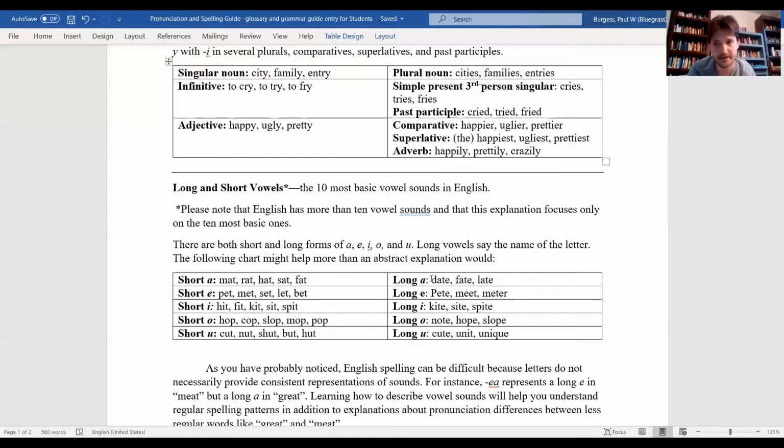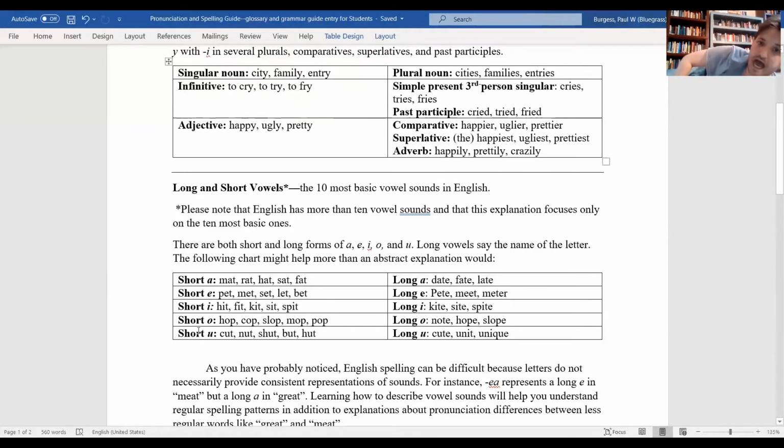That's why I made this video, part of why I made this video. The short vowels sound like this. Ah, eh, eh, oh. Okay, so short A, mat, rat, hat, sat, short E, pet, met, set, short I, hit, fit, kit, sit, spit,